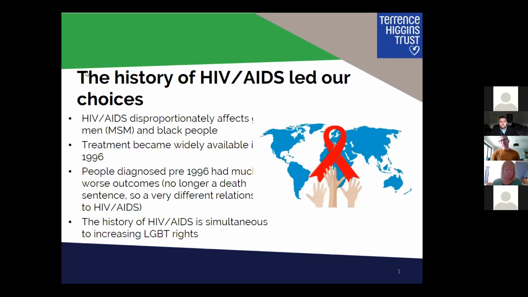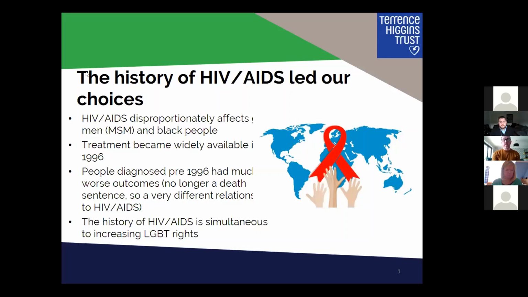So I've talked a bit about how we made a decision about what kind of segmentation we'd go with. It's important just to give a bit of background on HIV and AIDS. My picture has actually gone over one of the key words on this. HIV/AIDS disproportionately affected gay men, MSM, men who have sex with men, and Black communities, in particular people from Black